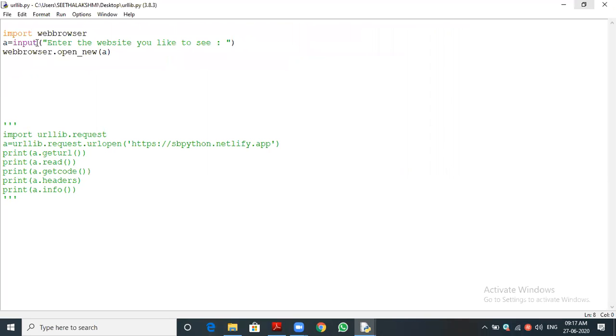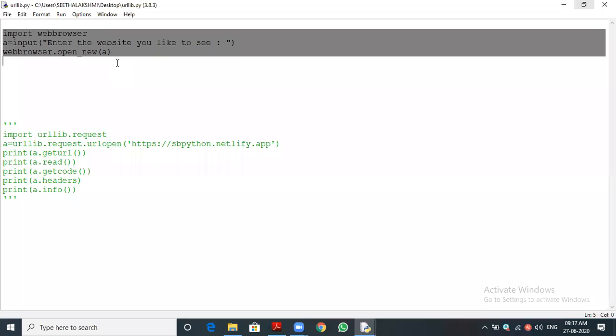This 3-line code uses the webbrowser module. From that you can clearly understand that the webbrowser module is used to access our web browser, and through our web browser it will open the website. We didn't directly type it. Did I open Chrome or Microsoft Edge, did I type the URL? No. Through the program we can open a website, I mean a web page or anything at any URL on the internet. Have you understood this concept?